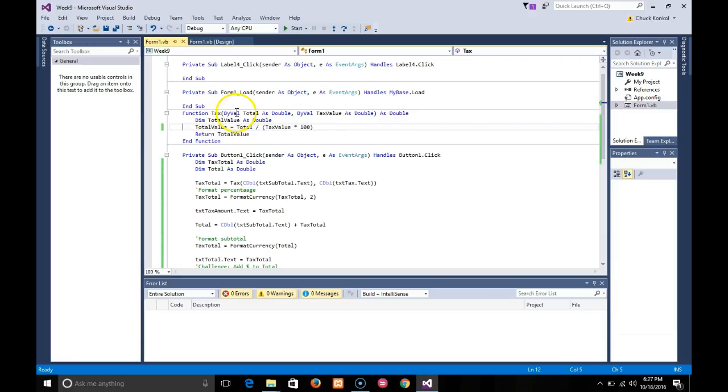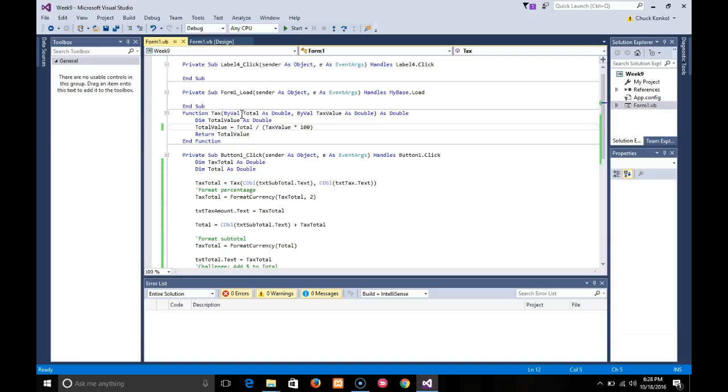In this function, it receives and then it returns. And like most functions, well, functions can do either one of two things. They can receive something and do something, or they can receive something, do something, and return that final